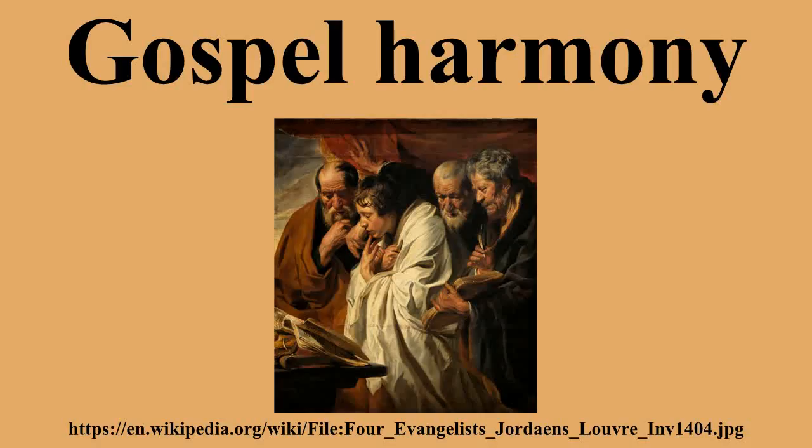Lutheran theologian Andreas Osiander, for instance, proposed in Harmonia Evangelica that Jesus must have been crowned with thorns twice, and that there were 3 separate episodes of cleansing of the temple. A similar problem arises with the centurion whose servant is healed at a distance. In the Matthew Gospel he comes to Jesus. In the Luke version he sends Jewish elders. Since these are clearly describing the same event, the harmonist must decide which is the more accurate description.